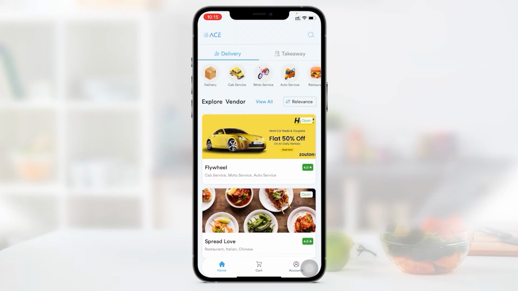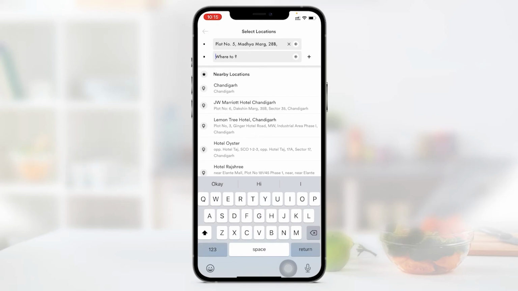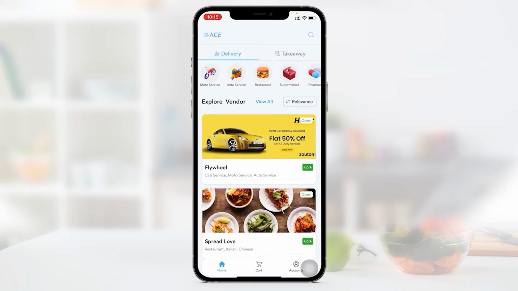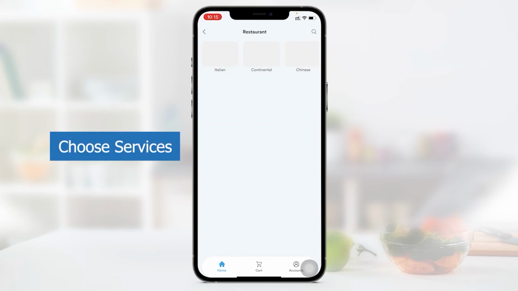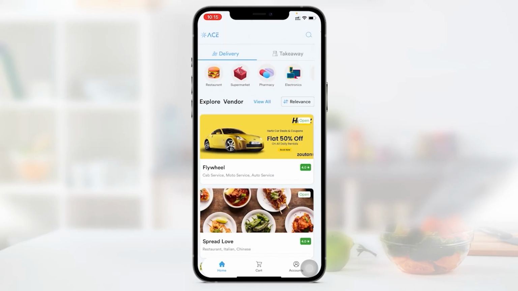Now suppose as a customer, if you want to order for courier delivery services, you can switch on to the delivery section. So here you can select your current location and the location where you want your item to be delivered at. Likewise, you can book a cab, similar to the Uber like application for taxi booking. You can order food online from the restaurant section. So here you can select the food category that you want to order, from Italian, continental, Chinese, and any other. You can shop for grocery from the supermarket section.